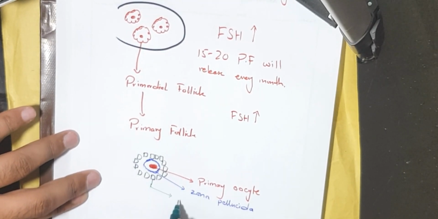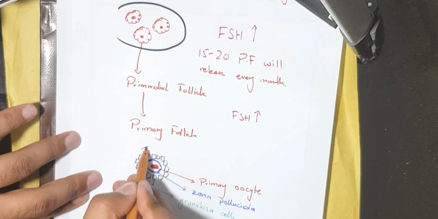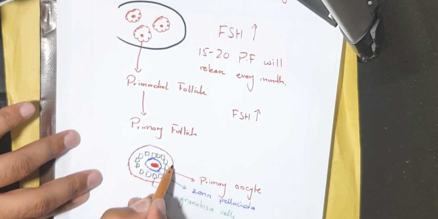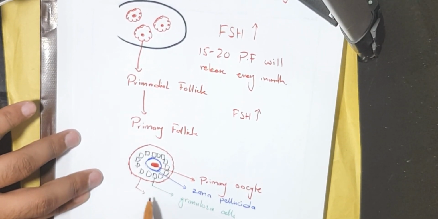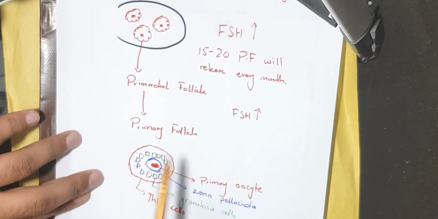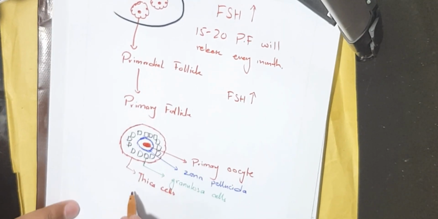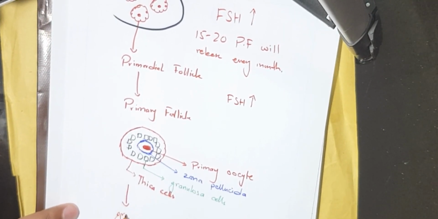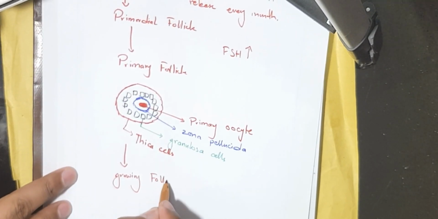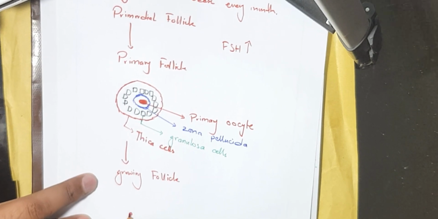as zona pellucida. This was formed by the combination of both the primary oocyte and granulosa cells, and these are granulosa cells. Okay, they have a cuboidal shape, and this is the theca cells. Theca cells have now been produced from the ovarian stromal cells. So this was the primary follicle, and this primary follicle will now further grow, and that growing follicle will be as